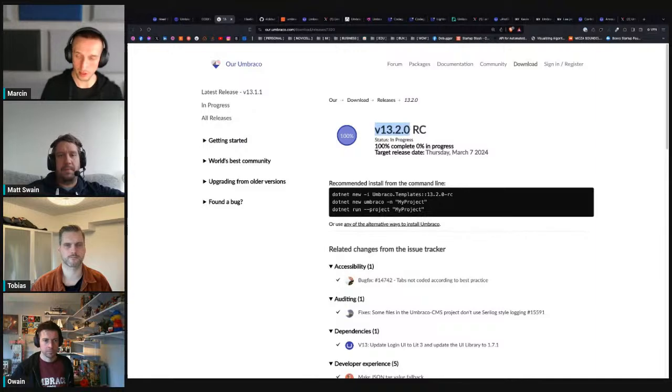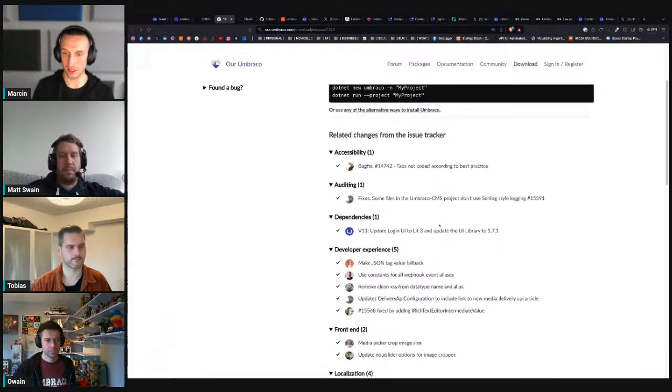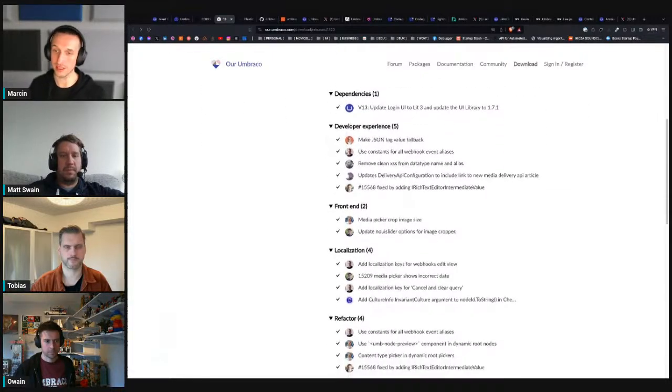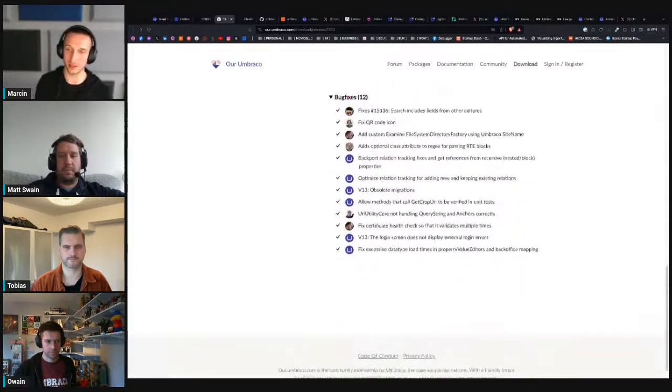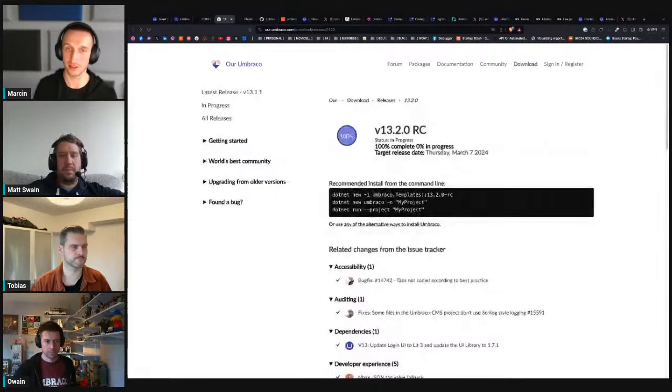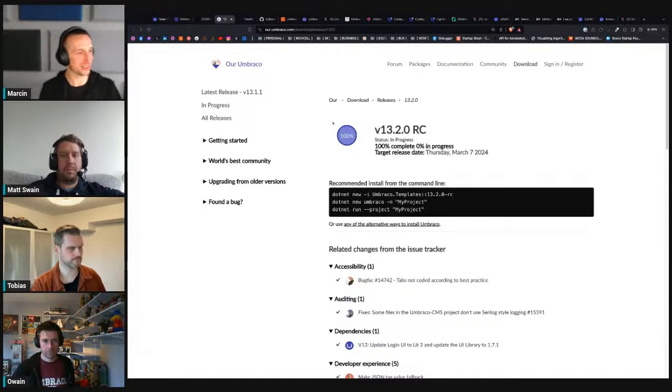Definitely, and it's of course an RC right now, so there's a lot of things to be tested and confirmed. But we can all get the overview of what was fixed and generally upgrade, test and report if anything fails. So that's the latest release. There were no patch releases, no security patches in recent times, which is really good to mention here.